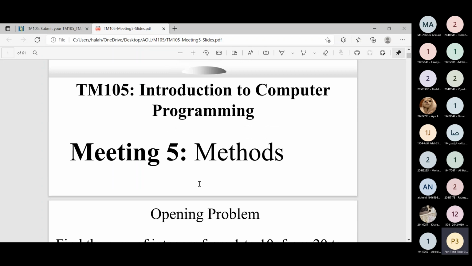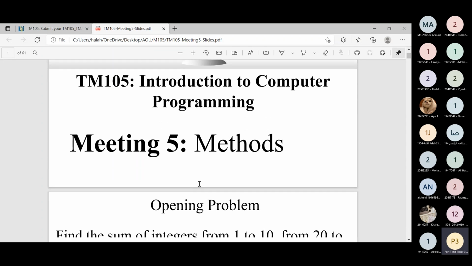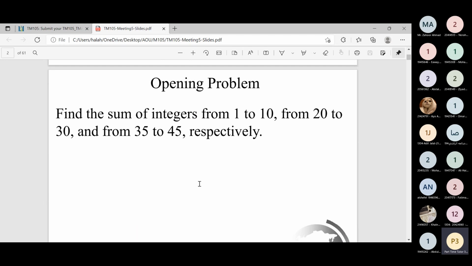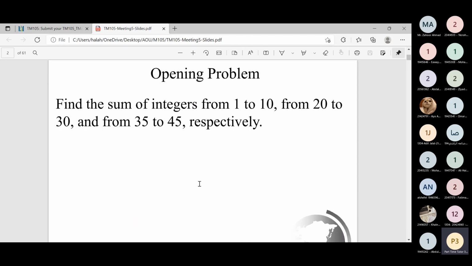In today's session, inshallah, we will cover methods. Suppose that you want to find the sum of integers from 1 to 10, and then from 20 to 30, then from 35 to 45 respectively. So if you want to find the sum for a different range every time,